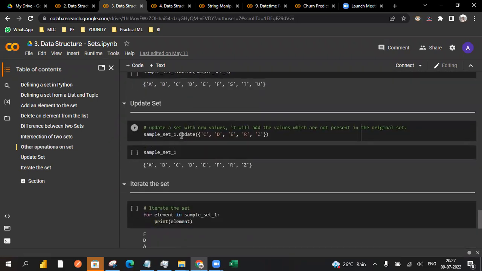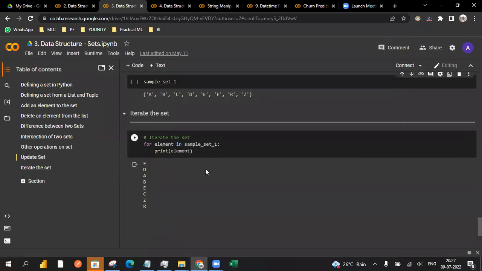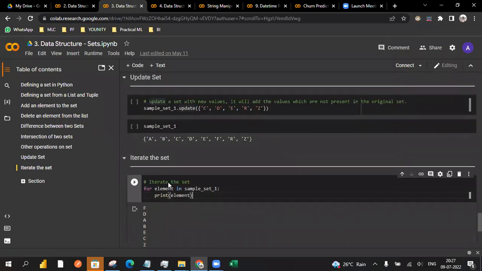Yeah, superset will be the same. You can see the number of values. It will add some values that may not be present in the original set. Iterate will also be the same. You can also apply it to iterate over some of the sets. So these are